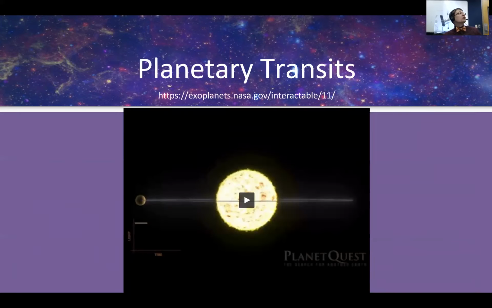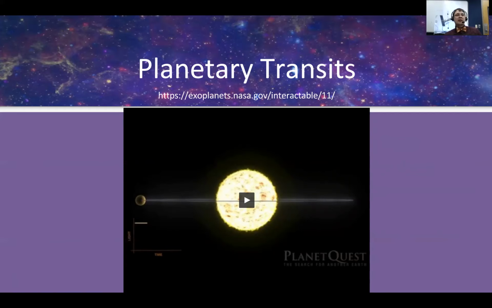I've got another visualization here talking about planetary transits. Stars might appear to change in brightness to us here on Earth if there's something else, like another star or planet tugging on it or orbiting around it. This is actually one of the ways that we can find planets in other solar systems within our galaxy. We can't quite see that far, that well.